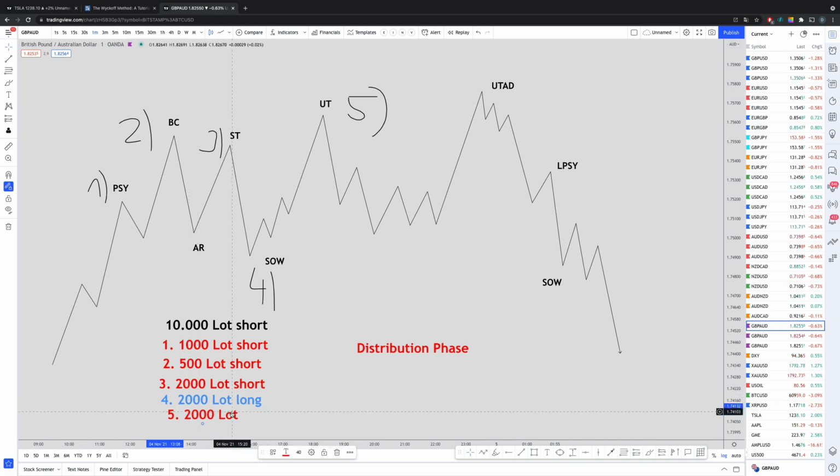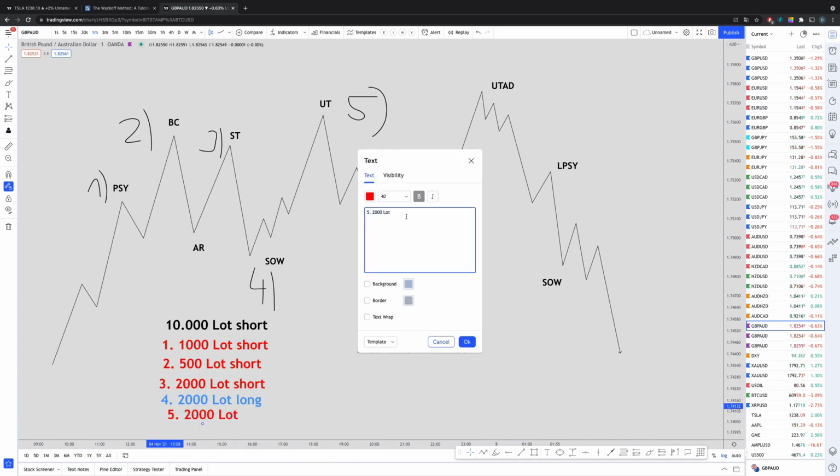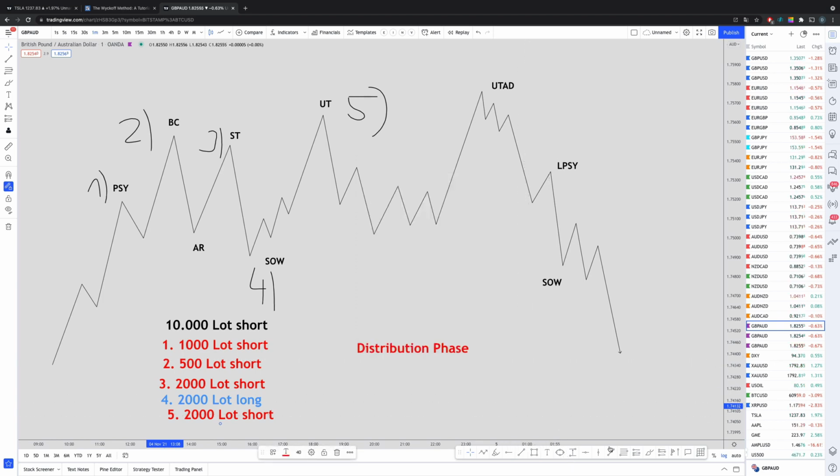So these are the steps. We have here 2,000 of short position, and what we do is we bring the price all the way to the downside. And then here is something which the distribution can face, and it can always be different. We could just drop from here all the way to the downside, and we're just adding here and here and here more short positions to bring the price lower. Or we just see, okay, we do not have enough liquidity, so we will push it one more time to the upside.